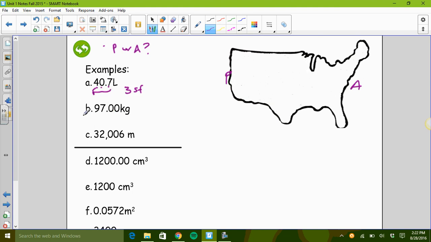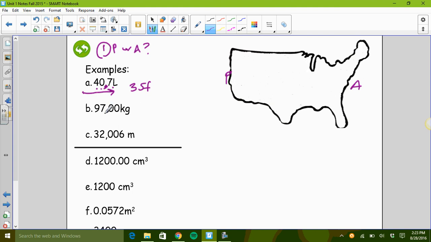Again, step 1, is the decimal present or absent? The decimal is present. Oh, gracious, guys. Let me redo this first one. I just said present, and I did absent. Rewind. The decimal is present, as you can see right here, so we're going to start from the Pacific. This measurement is interesting because it has 3 sig figs, 1, 2, 3, from both directions that you count, mainly because it doesn't have any leading zeros or ending zeros.